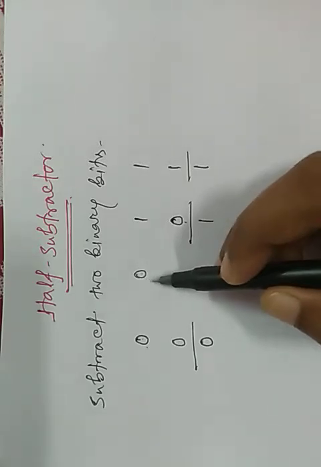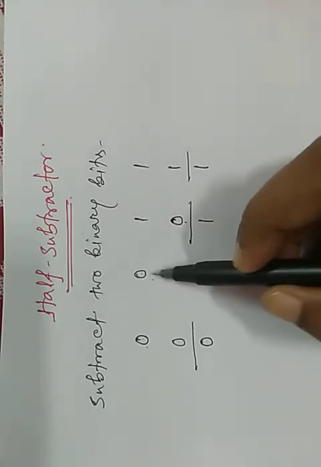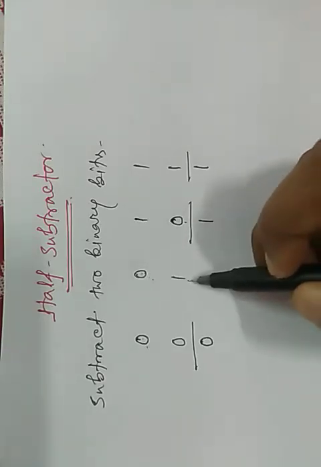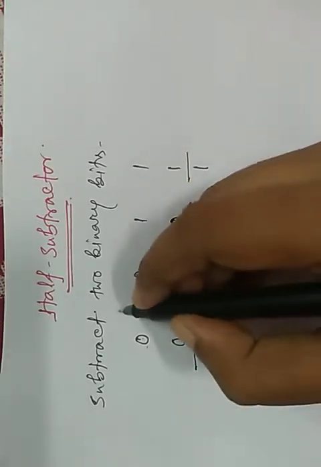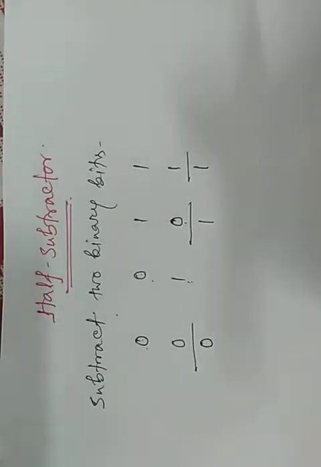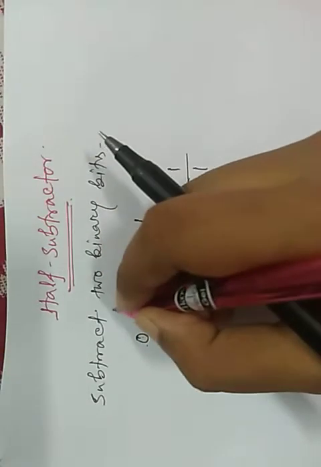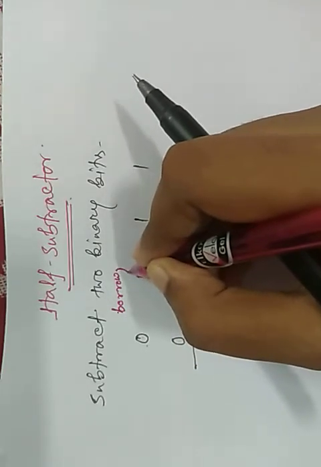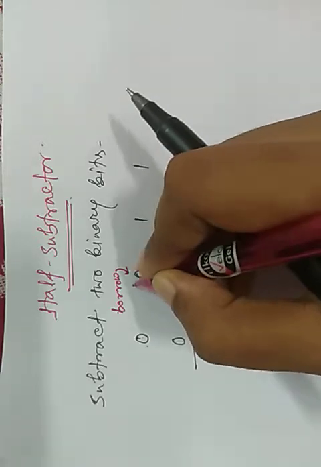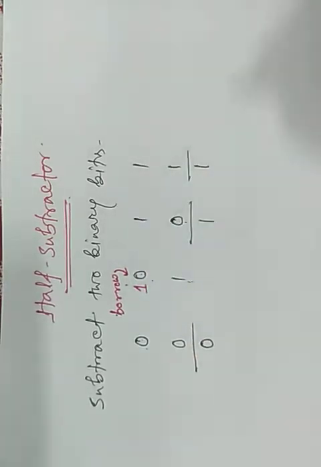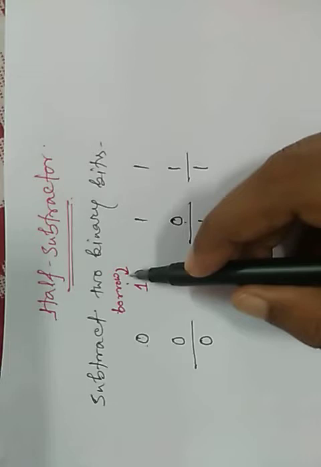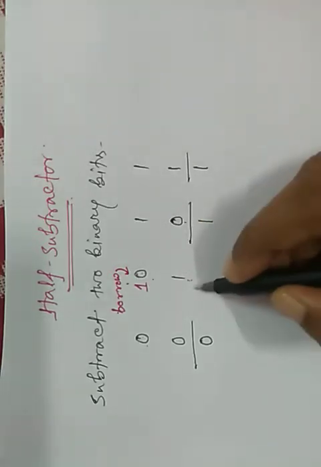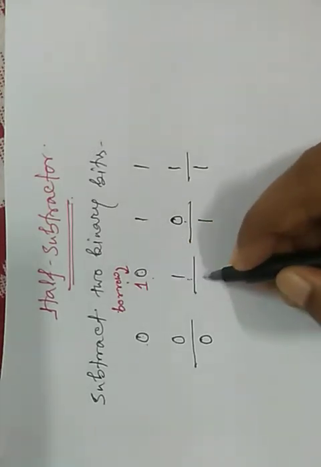But whenever we subtract 0 1, that is a larger number from a smaller number, 1 from 0, then we have to borrow one single one. All of you know, we have to borrow one from its previous bit. Now after taking borrow 1, it changes into 1 0, and we know that 1 0 minus 1 is 1.